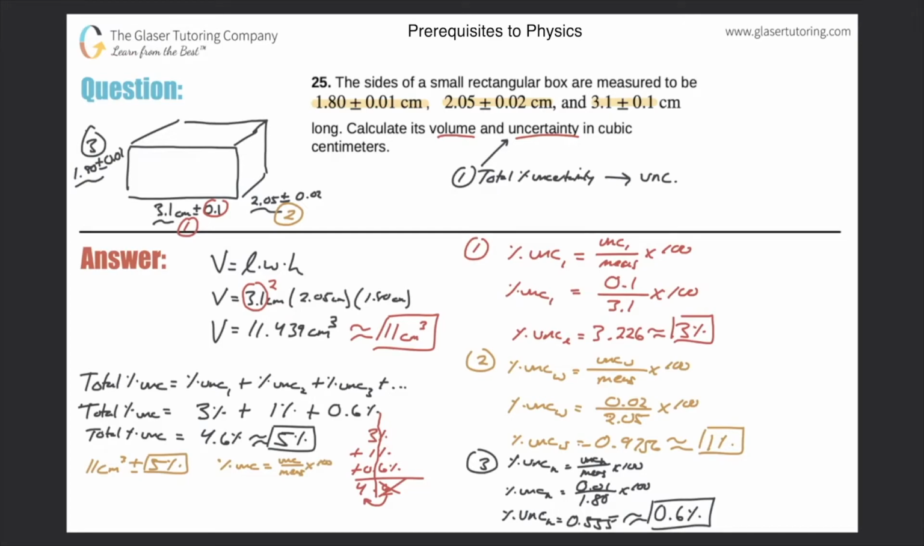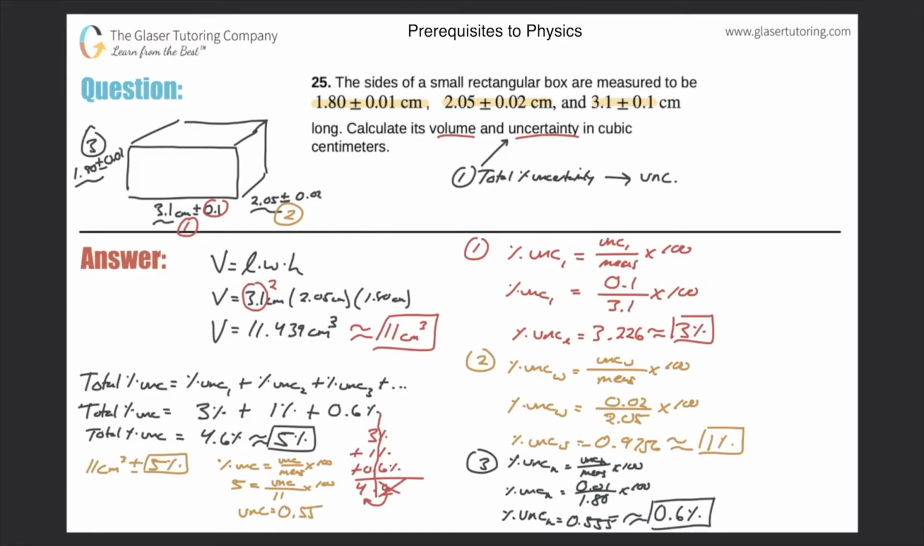So percent uncertainty was 5. That's the total. Divided by the uncertainty, which is what we're looking for, divided by the actual measurement, which was 11 centimeters cubed, and that multiplied by 100. So now after we do the algebra here, 5 times 11, and then divide that by 100. So that comes out to be